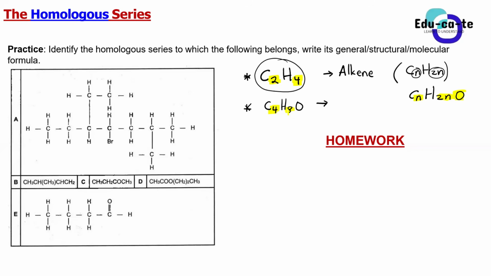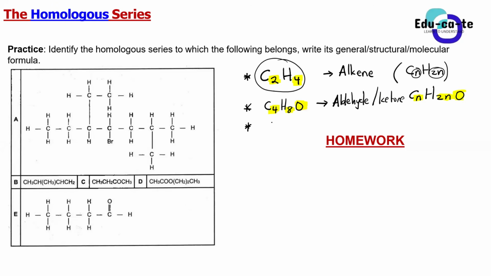So this means that the number of hydrogen atoms is 2 times the number of carbon atoms. So this is CnH2n, and there's also an oxygen there, one oxygen. You already know that it can either be an aldehyde or a ketone, because aldehydes and ketones have the same molecular formula, the same general formula, I mean, just in simple terms.